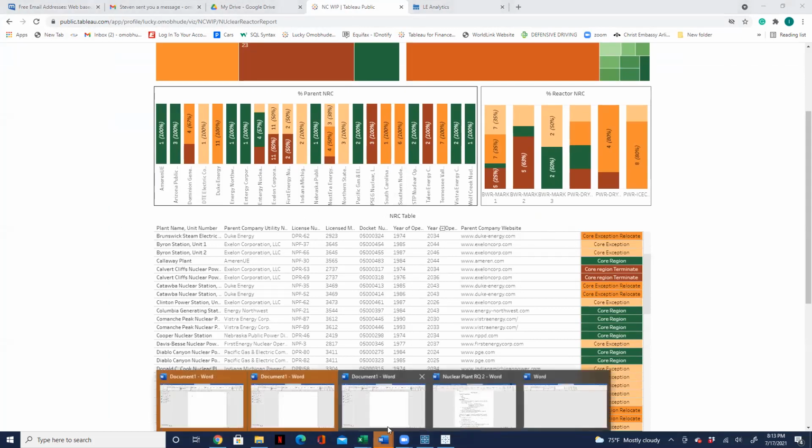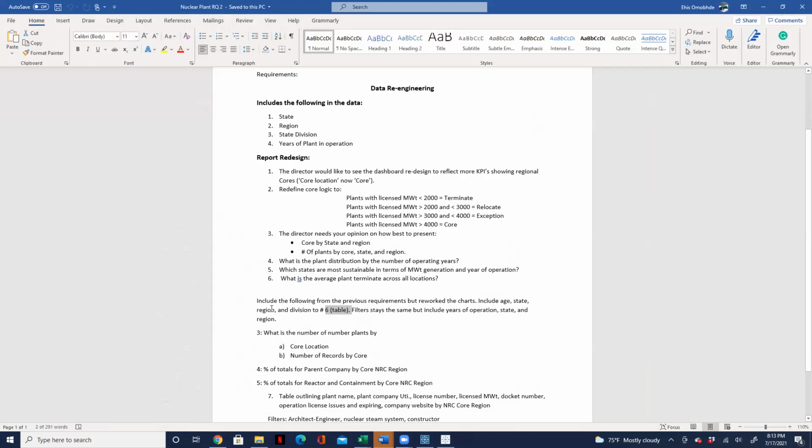So I think the director here is saying include the following from the previous requirements, but rework charts to include age, state, region, and division to number 6. So we are right. That one Taba just showed is what the director is asking, because this requirement is from the previous requirement, right?